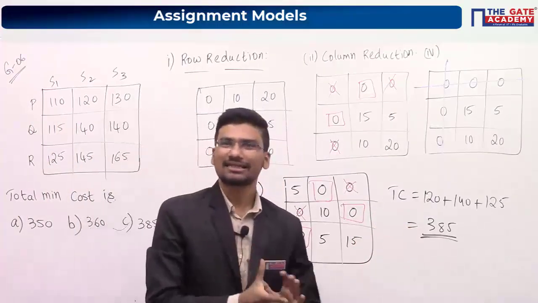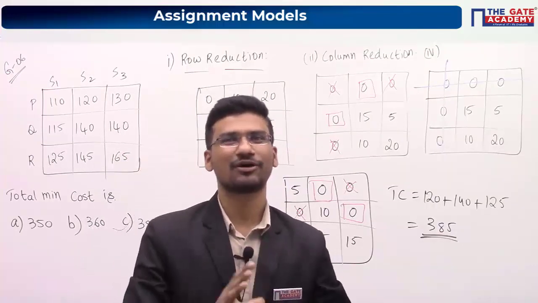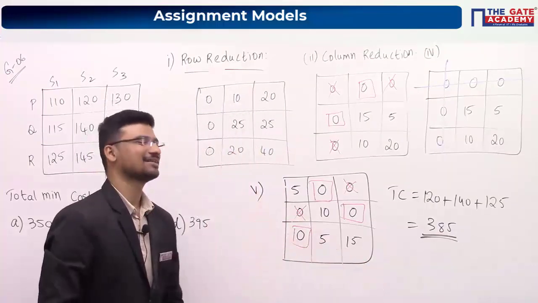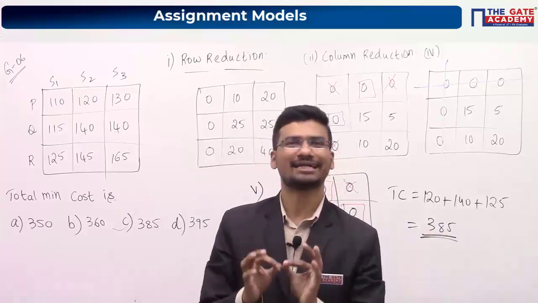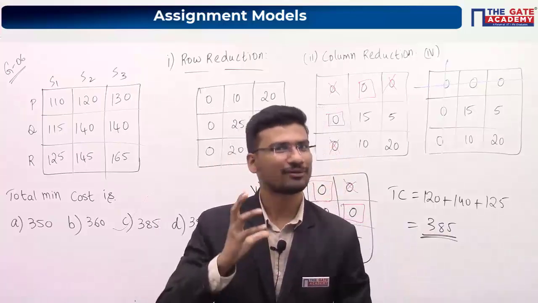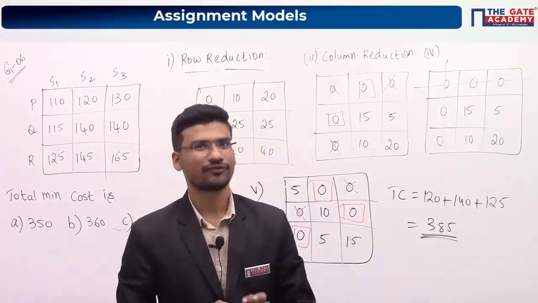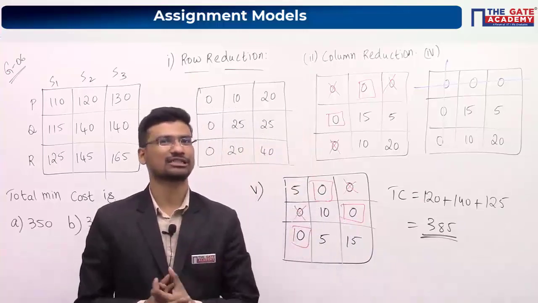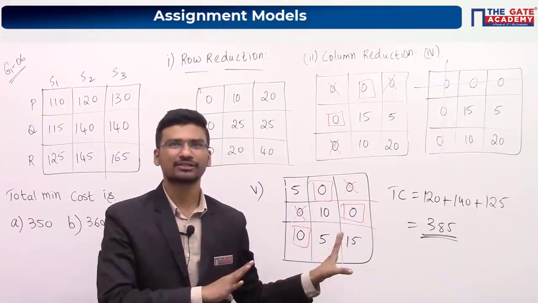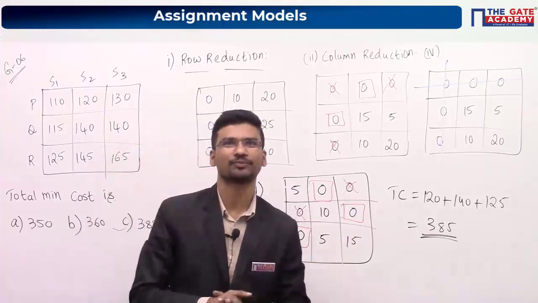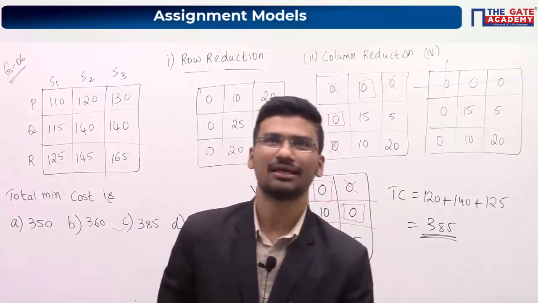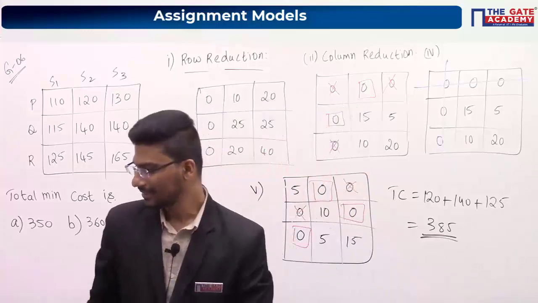So any other doubts regarding this, or is it okay? Now we have opened this particular suspense. Whenever you are not having 0 for allocation, you have to use the straight line method like this. So do you want one more question on this method? If you want one more question, I will give one more question on this. This is the only GATE question. If you want one more question, I am having one which I have taken from some textbook, I don't know, I will give. Fine, Mohammed, I will give one more question. Fine, Shrimai. Okay.